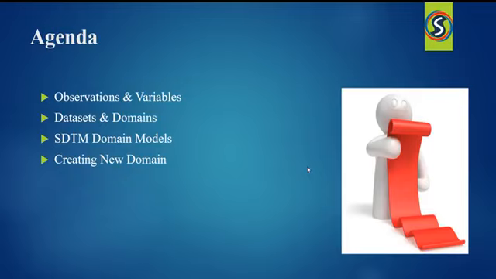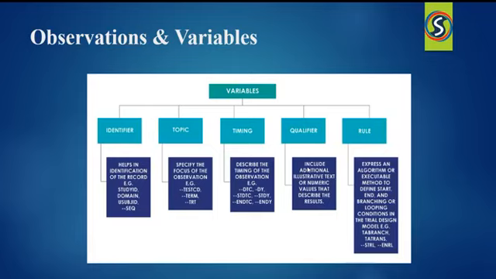The first and foremost thing is what observations and variables are in SDTM. Data standards are based upon SDTM's general framework for organizing your clinical trials information that is to be submitted to the FDA. So SDTM is built around the concept of observations collected about subjects who participated in a clinical study. Each observation can be described by a series of variables corresponding to a row in a dataset or a table.